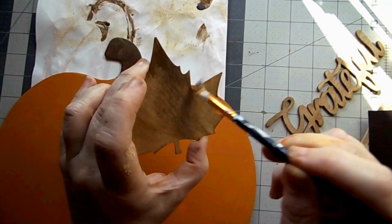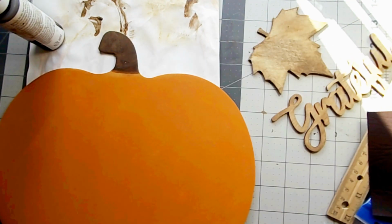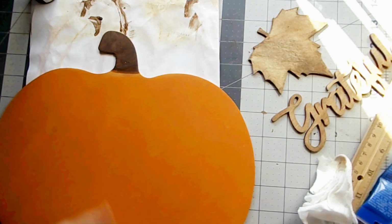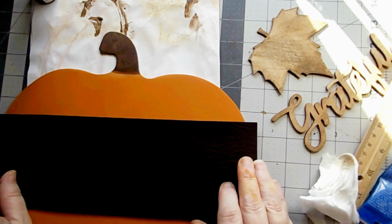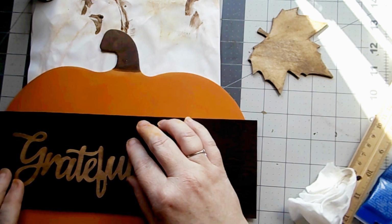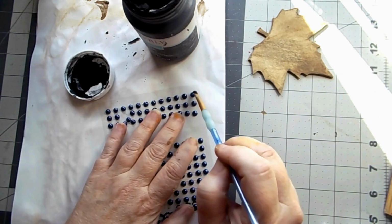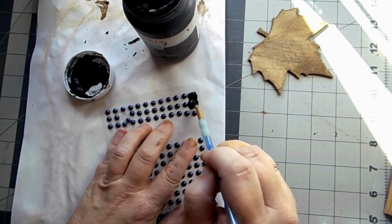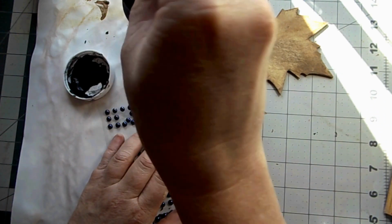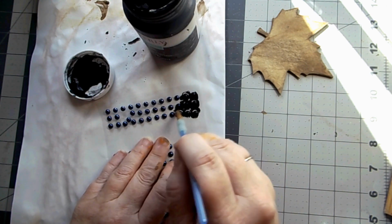And in an earlier DIY, I had started to stain this already, so I decided to go back with the antique wax and just go around the edges. So both my grateful are staying there as well as the leaf, and I just took a wet wipe with antique wax. Now I'm taking these gem stickers from the Dollar Tree and I'm covering them with some ink Waverly